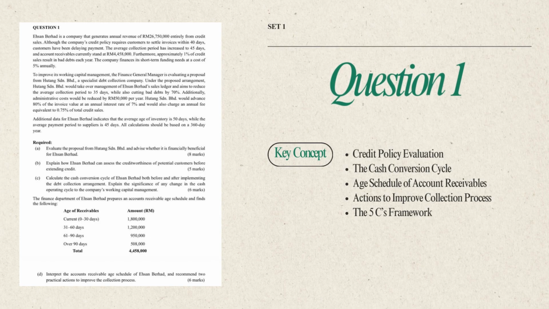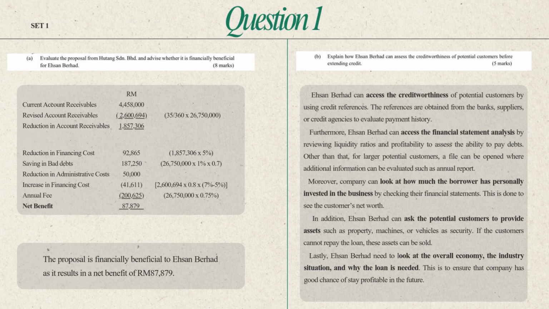And in set 1, we managed to find several key concepts including credit policy evaluation, the cash conversion cycle, aging schedule of account receivables, actions to improve collection process, and the 5 C's framework. For the first part, which is to evaluate the proposal from Hutang Sendirian Berhad and advise whether it is financially